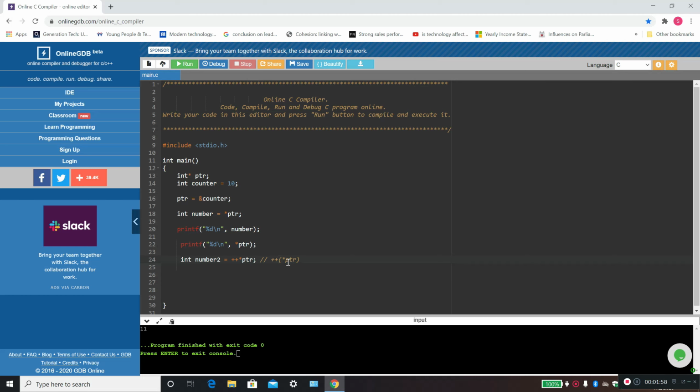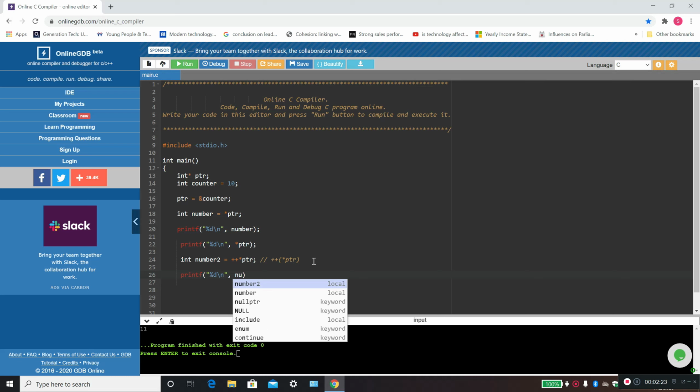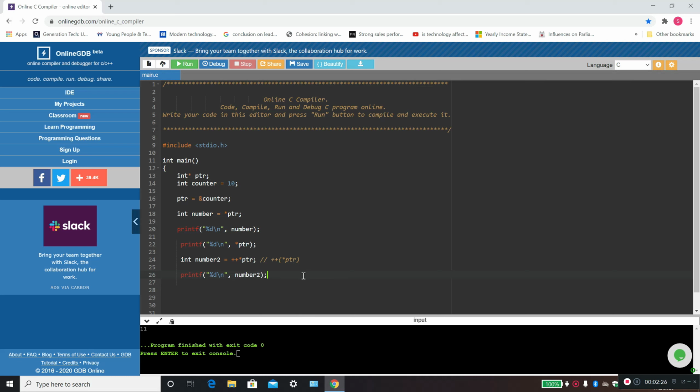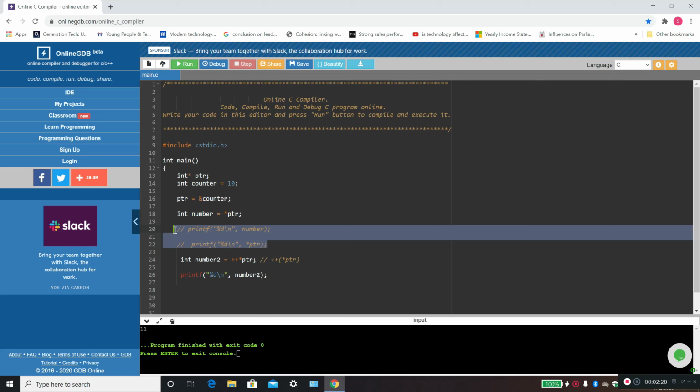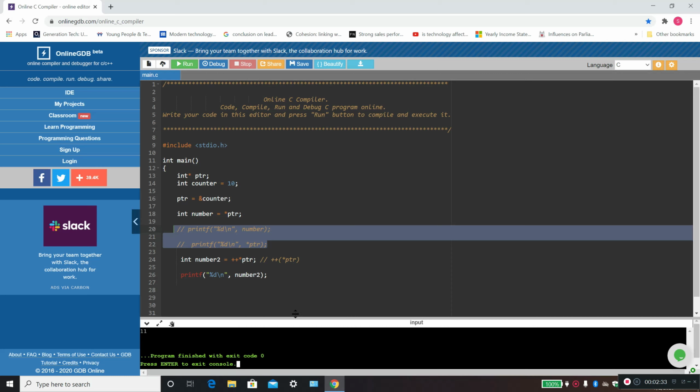So it goes to the memory address, which is the memory address of the counter variable, and fetches the value at that memory address, which is 10, and brings it right back here and does an addition on that number 10. So that happens 10 plus 1 and becomes 11. We can show that if we print out the number right here. So I'm going to, on a new line, print out number2 variable, and that should be printing out 11 onto the console. And there, that's what it does.